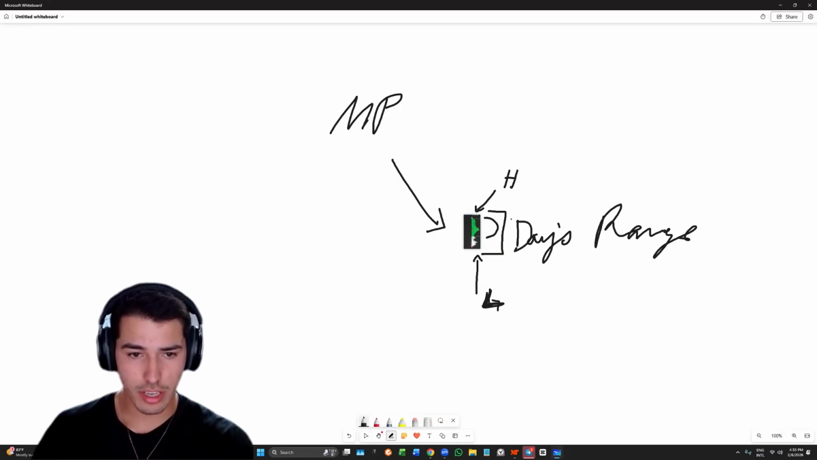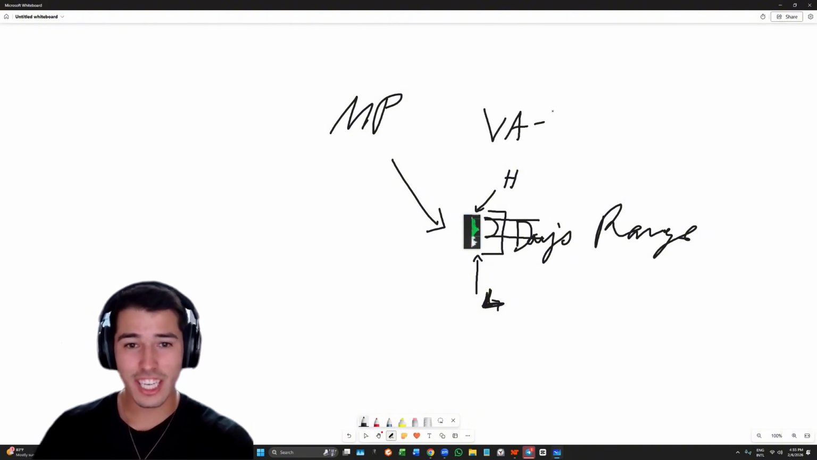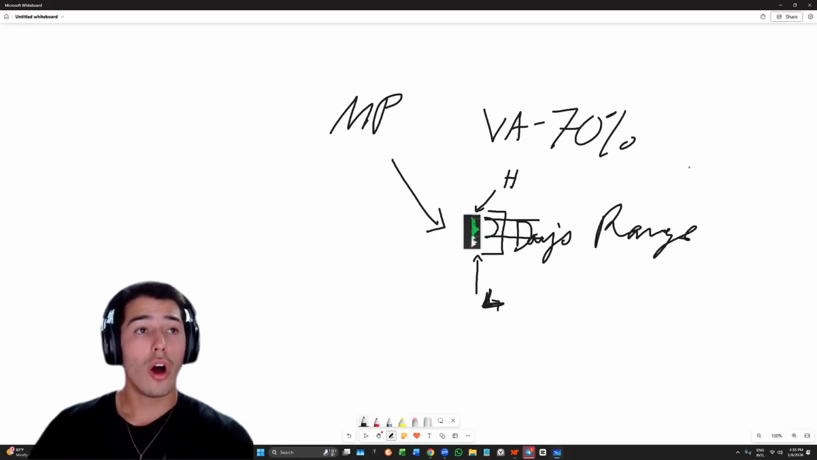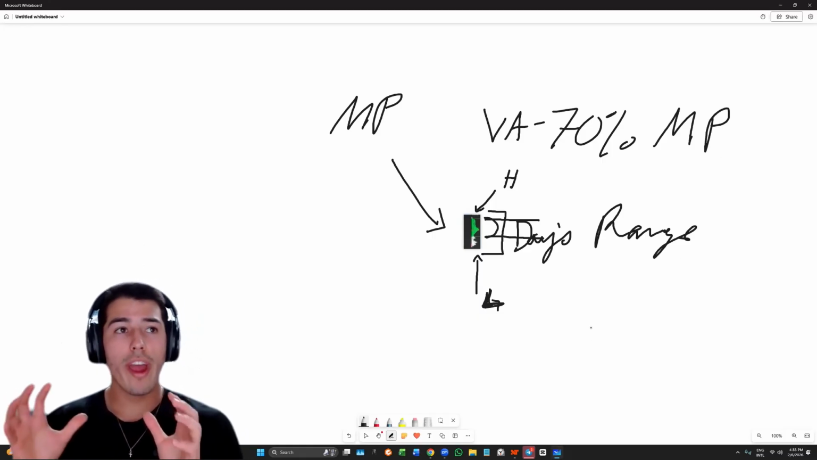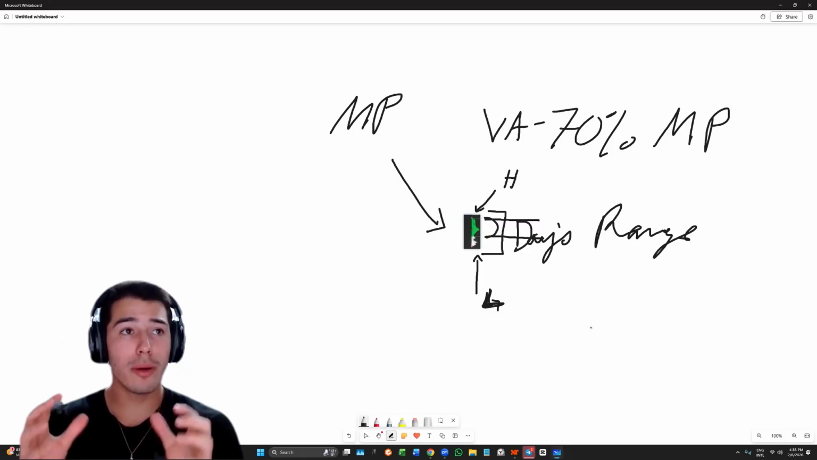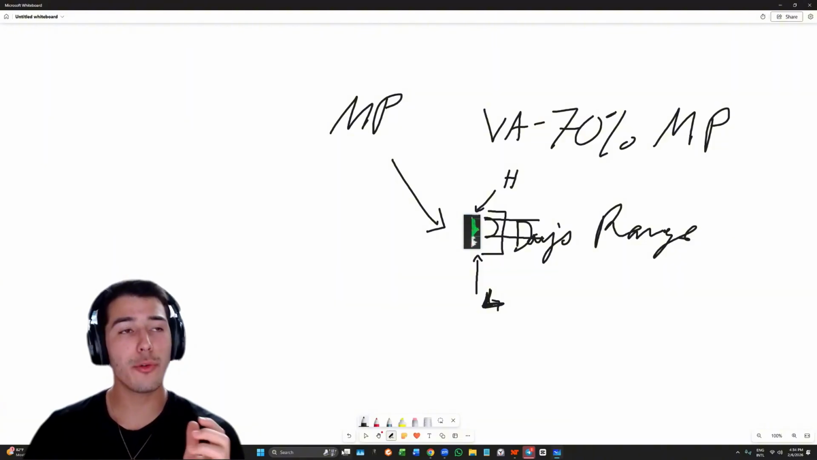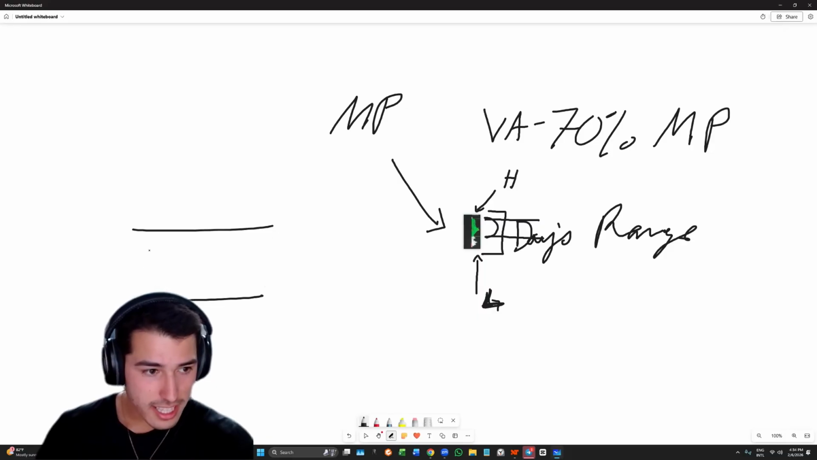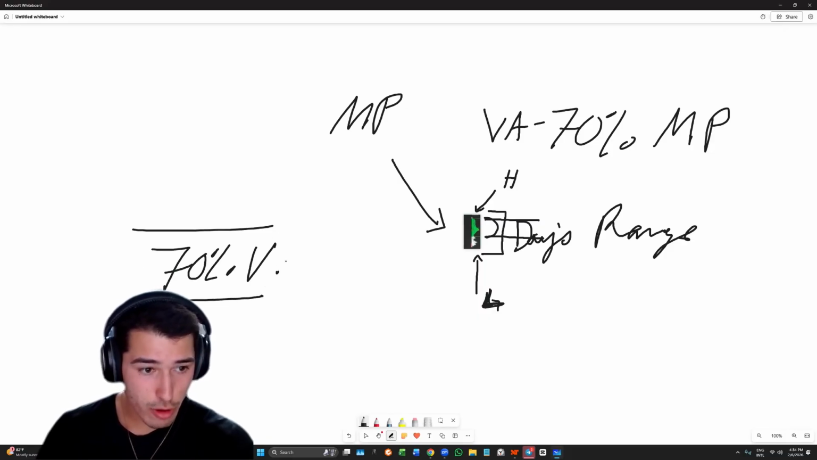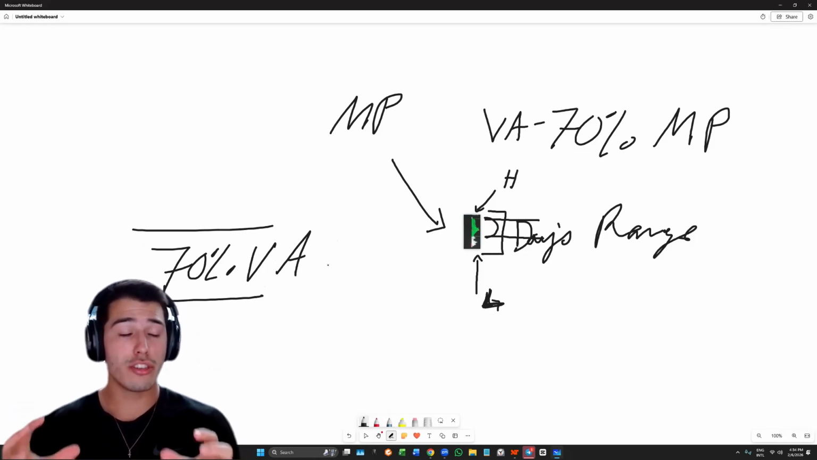As you can see, a value area is created. What is a value area? The value area is the 70% of the market profile. It's where the most amount of volume and transactions occurred between buyers and sellers, and that creates a value area. So for example, let's say this is the 70% of the value area, meaning the area where buyers and sellers are